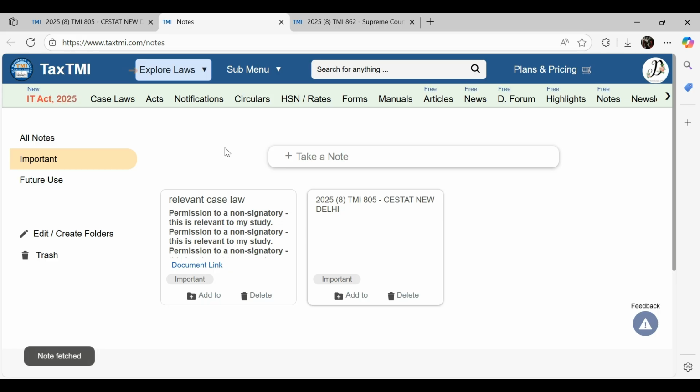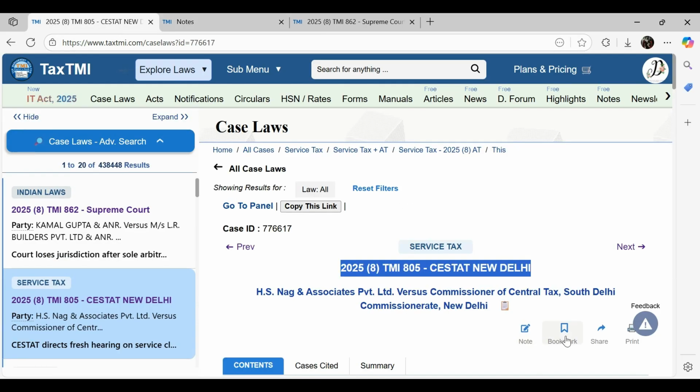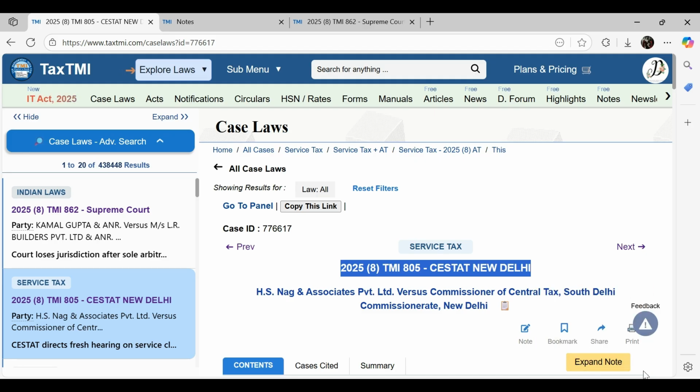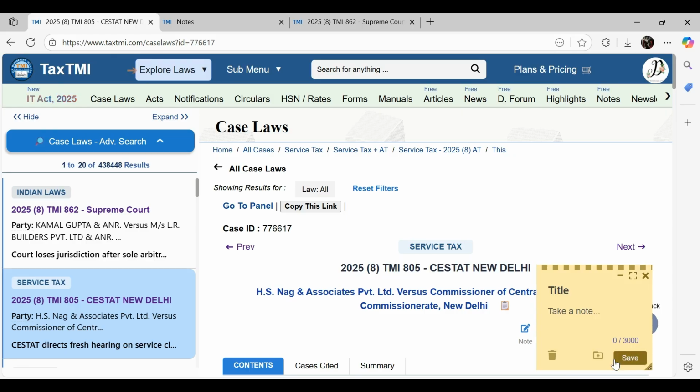So this is how you may use the notes feature, which is very useful while we are studying a case law or going through long documents and we want to refer to it in future. Either we may create a bookmark if we just want to save the link, or if we want to save some other text or our reviews upon that document, then we may create a note. And whenever we come across this document again, it will show it like this, expand note. So I can simply refer to the note that I have taken for the document.